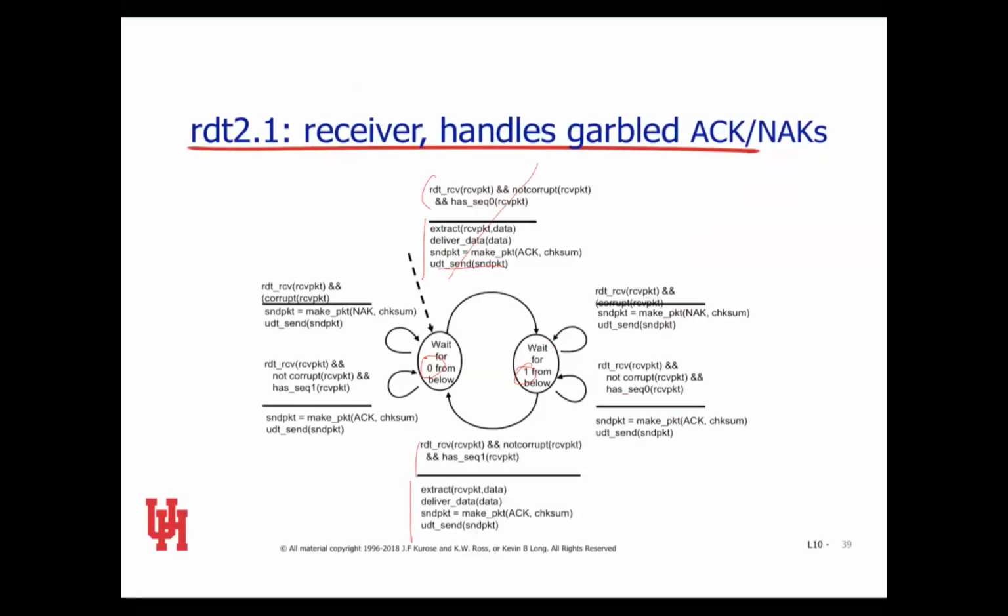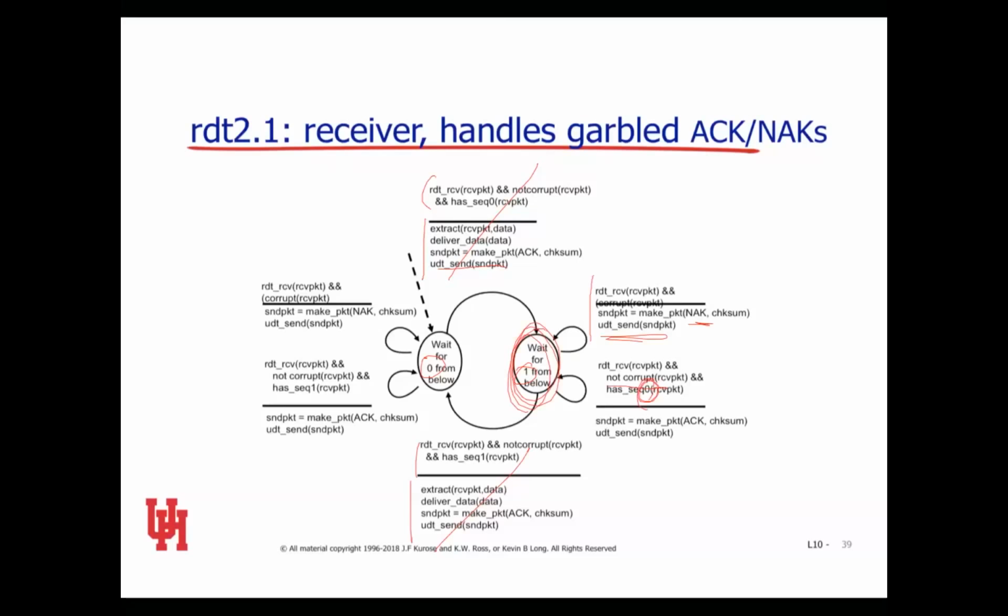Either way, so I've got that taken care of, and I've got this one taken care of. If I'm in the 0 state and I sent a packet over, I'm now going to be in this state waiting. So what can happen here? One of two things. I either get the packet back and it's corrupt, in which case I'm just going to send it again, and this is the receiver. I'm going to send them a NAK, send the packet,